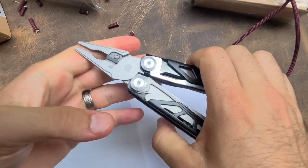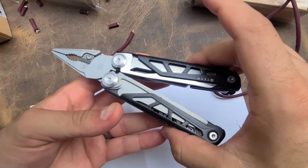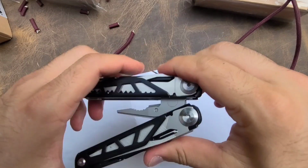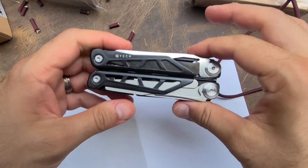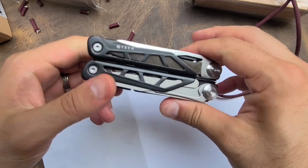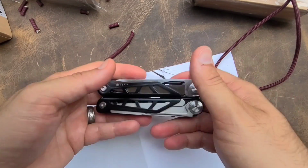Yeah, I'm not sure what I could possibly have gotten for $10 that could compete with this. Even as high as $20 or even $25, this is a pretty good bargain. The only thing lacking here is a pocket clip, but at around the 10 and a half ounce range,